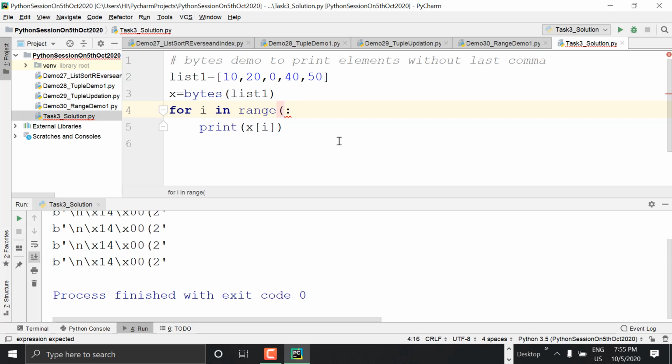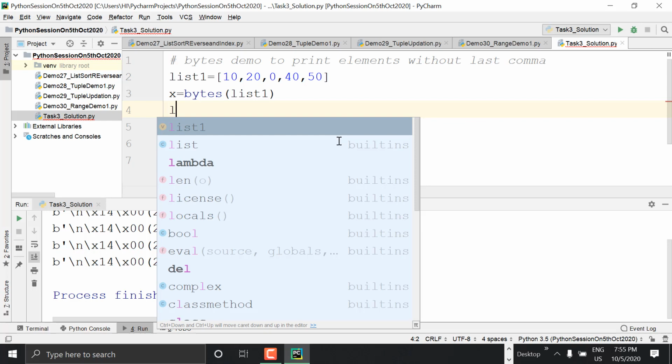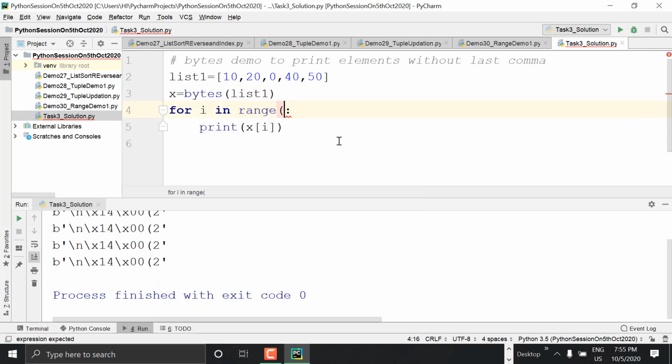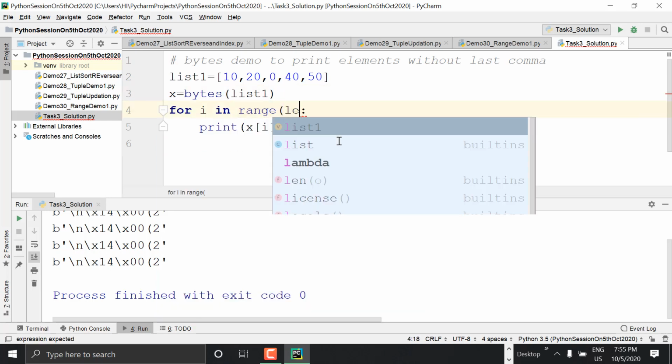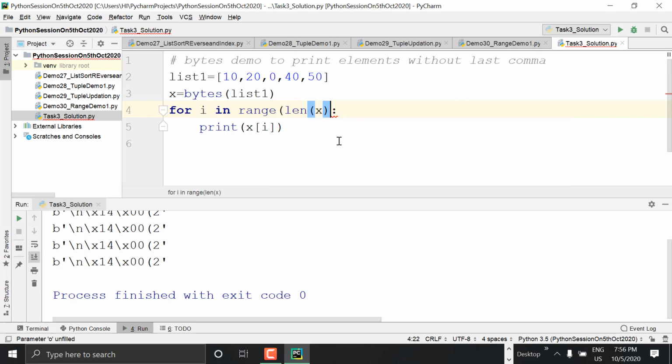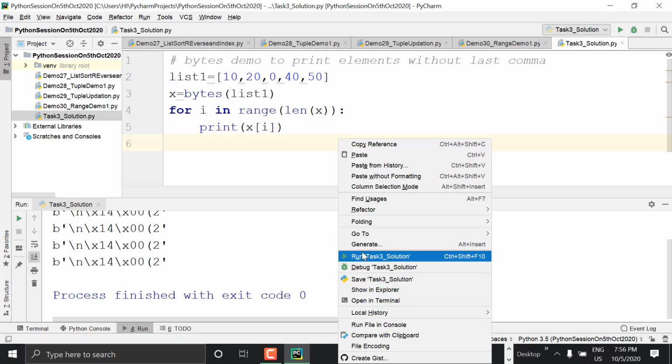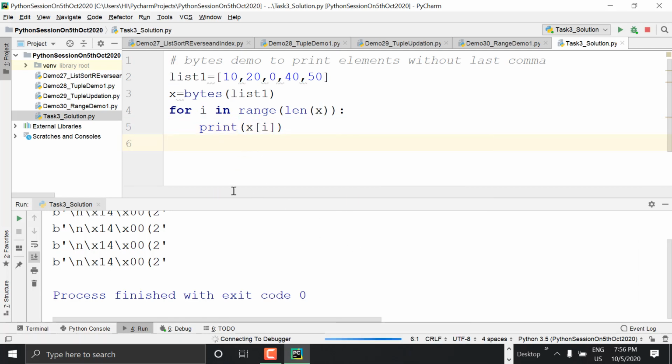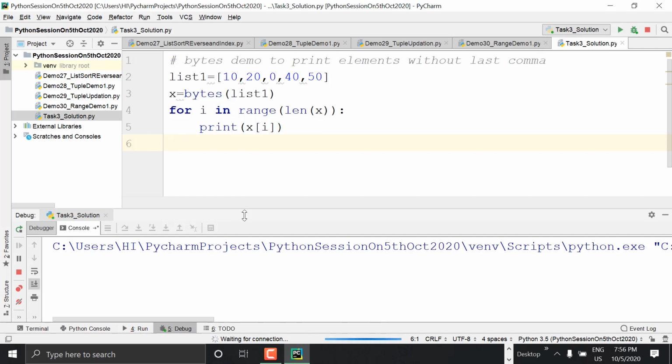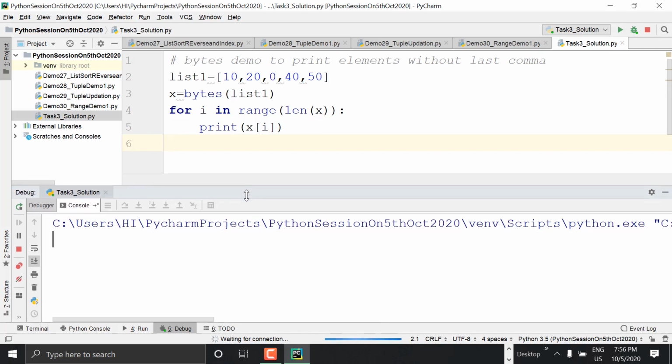But I want to print comma at the end. So it will go from 0 to, yeah, last is len minus 1. I want to print with a comma now. Comma, end is equal to single quotes comma. Done. We have printed it. Yeah. So we have a comma at the end. But what I want to do, I wanted to skip this comma for last element.